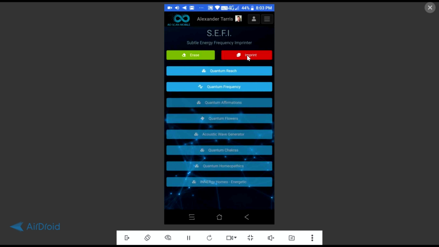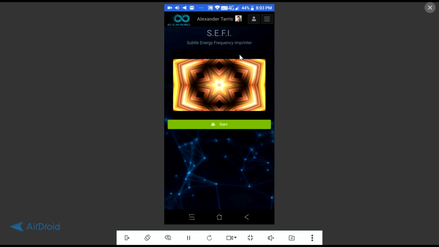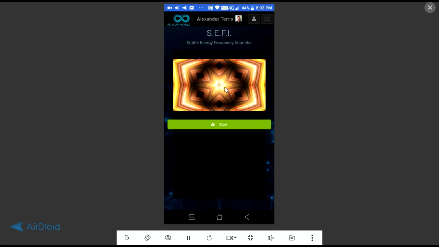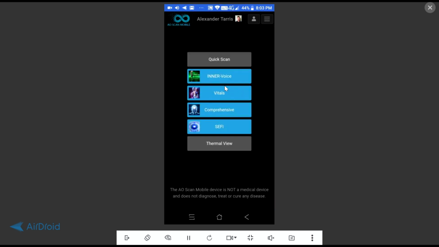With the imprint button, you can use that to copy and make other remedies, copy things, and turn it into a homeopathic type of remedy. But you can also, after you run the scans, remember the vital, the comprehensive, maybe the quick scan, then run the optimization. If you go right after those scans over into imprint, and you put what you want to imprint into here, especially the wearables, which is good, you can take all of the frequencies that were used in the optimization and put that into whatever you want. So it's a good way to basically keep on working with all of the frequencies in here